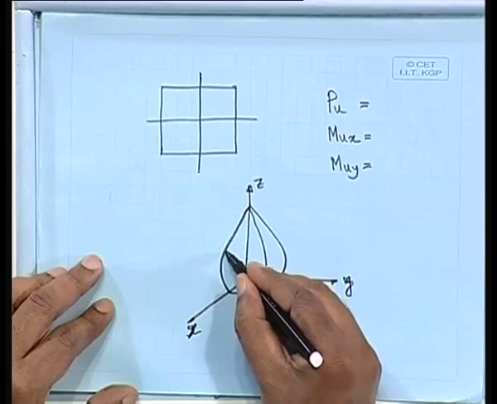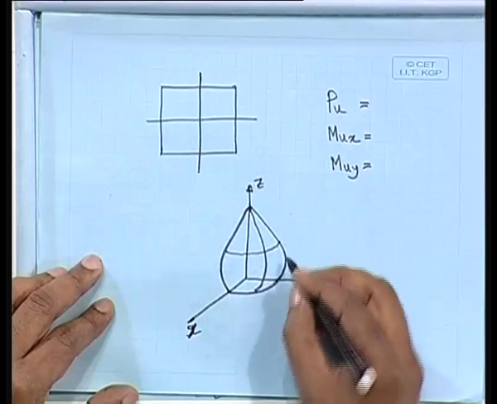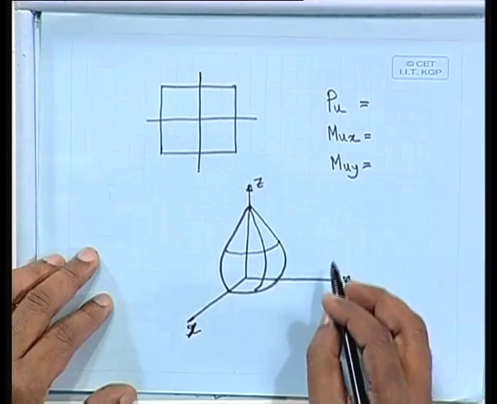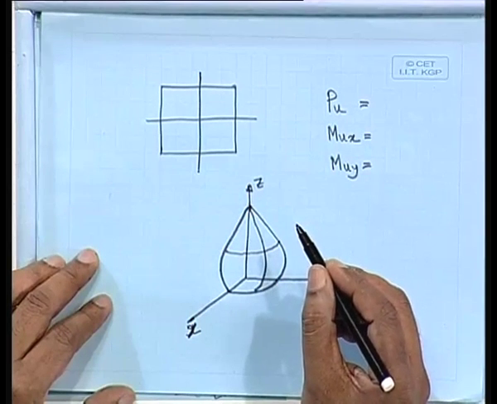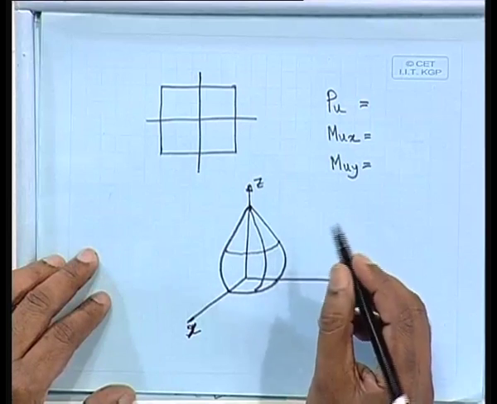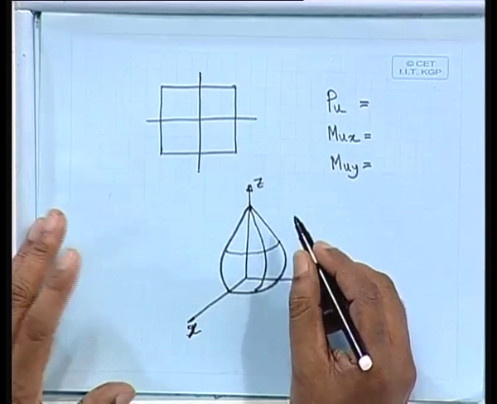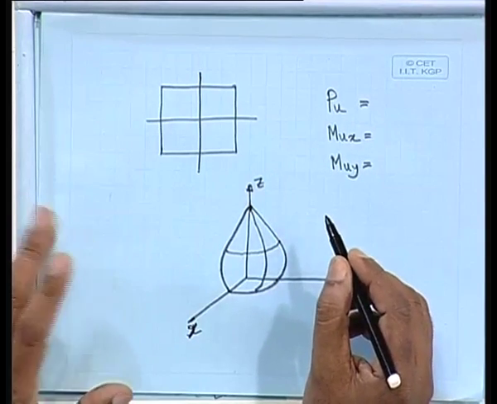So, the curve may be something like this. I am talking in 3 dimensions. When I am talking about this particular interaction diagram, it is difficult to get in 3 dimensions. So far we have done the uniaxial moment and force interaction curve,